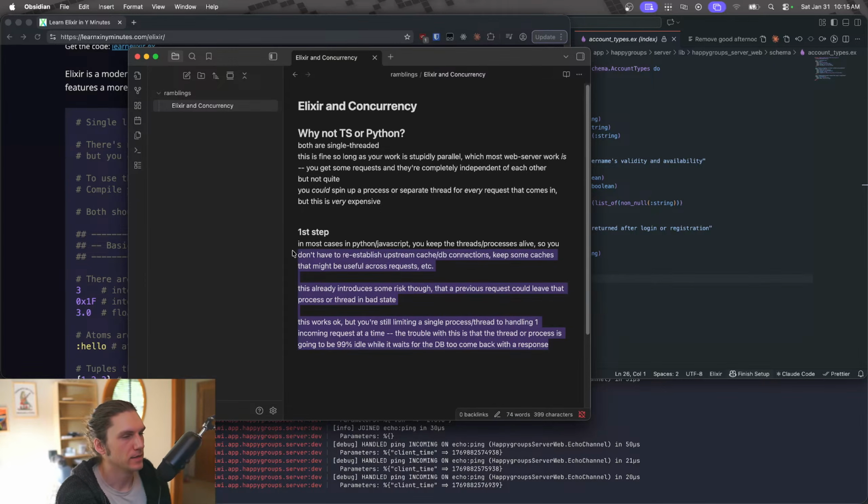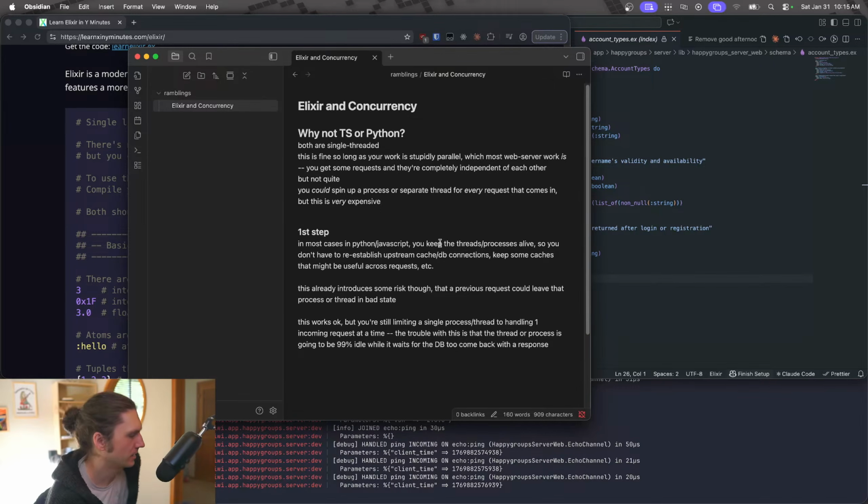So yeah, this does not allow you to scale. You get limited by the amount of RAM you can have, and you have CPU, and you end up interrupting the CPU every single time one of these threads or processes needs time to work, because they're not coordinated in any meaningful way. And so the CPU essentially has to coordinate them. Let's say you have 10,000 processes and some of them are waiting on the database, some of them are getting an incoming request. They're all going to be vying for CPU time, because the CPU can only do so many things at once. So it has to schedule when those processes or threads run. It's very expensive. So the second step